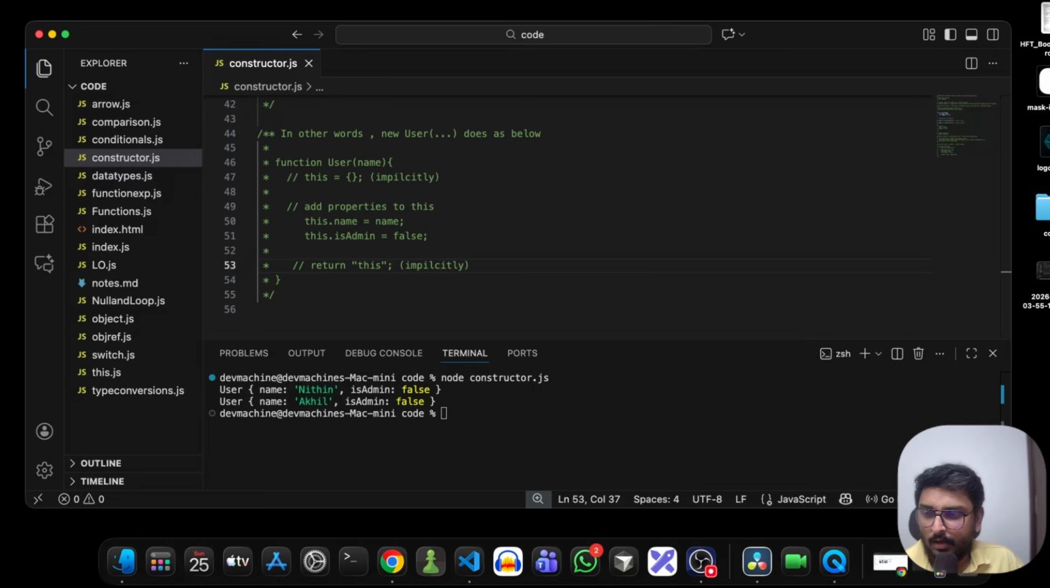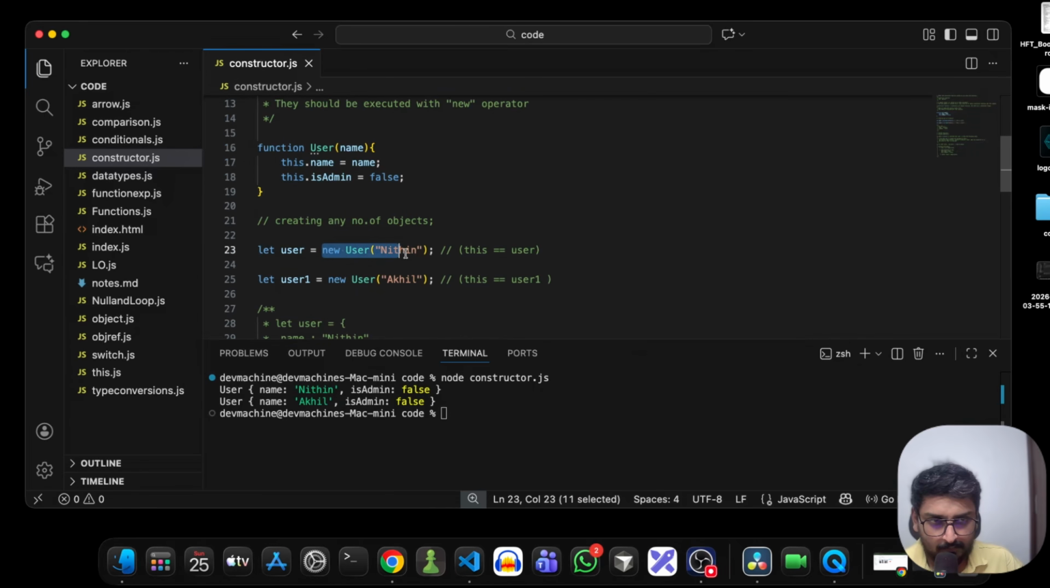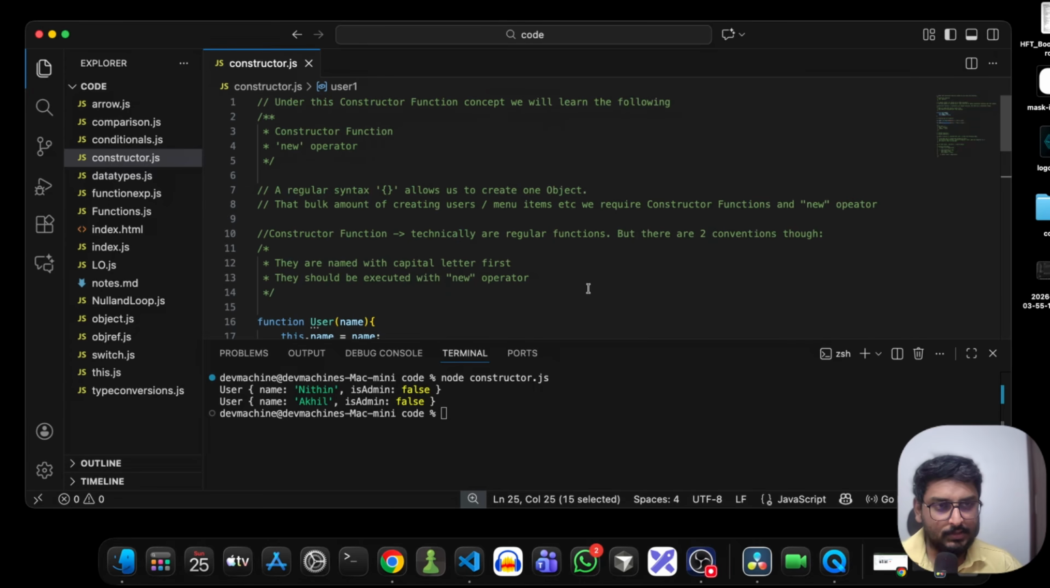Now, if you want to create other users, we can simply call it like this, as we have shown. If you want to create other users like Alice, Nikhil, Niranjan, all these can be called like that. It is also shorter to write and easy to read. So if you ask me the main purpose of this constructor function,